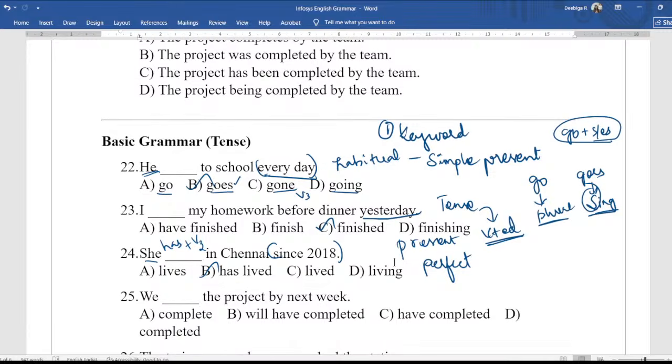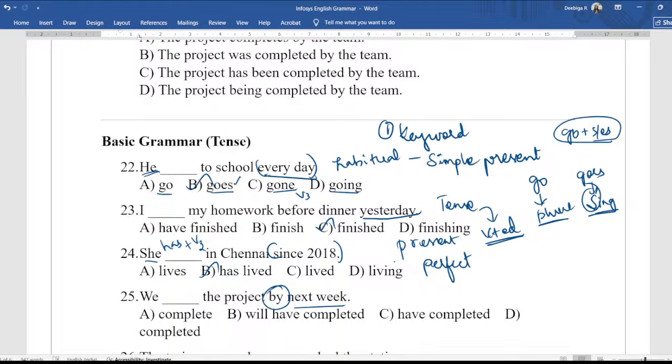This is the point where we make many mistakes. We might think, okay, they're talking about next week, which is future. So let's go for we will complete the project by next week. No, if they had given only the sentence without by, we will finish the project next week, then we can use future tense, but they've given by. By here denotes talking about something, like you're doing the project right now